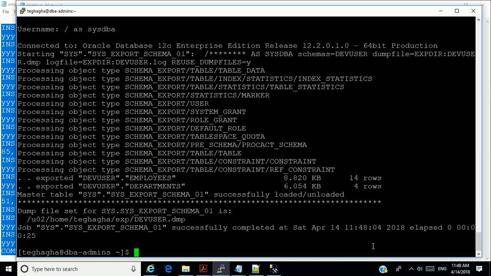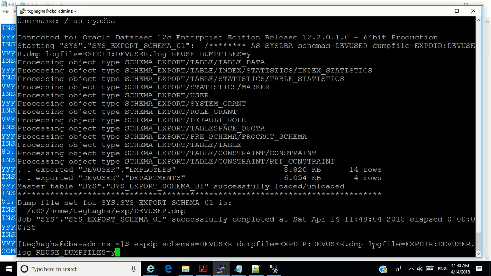Now, I've demonstrated how. If your export is a very, very large export, for instance, that has lots of gigabytes, and you have a very powerful computer with lots of CPU and lots of memory, there's a way we can make the export faster, and we can use the parallel option.